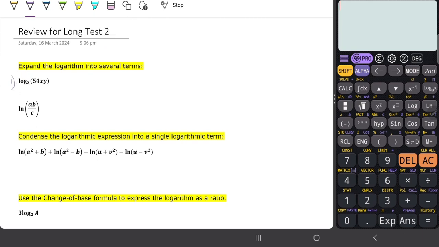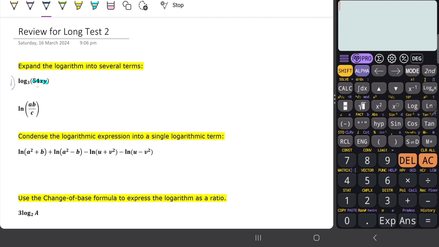Okay, so for number 1, we have log base 3 of 54xy. So try natin tong i-expand itong iisang term into several log terms. So as you can see, the argument is 54xy. So meron tayong product of 3 terms. So 54xy is the product of 54 multiplied with x and then multiplied with y. Okay? So if we try to